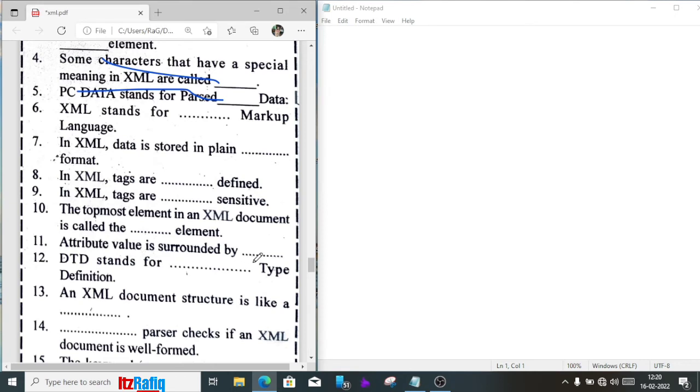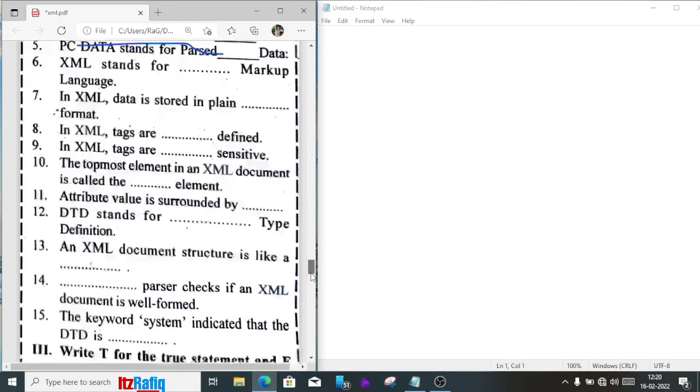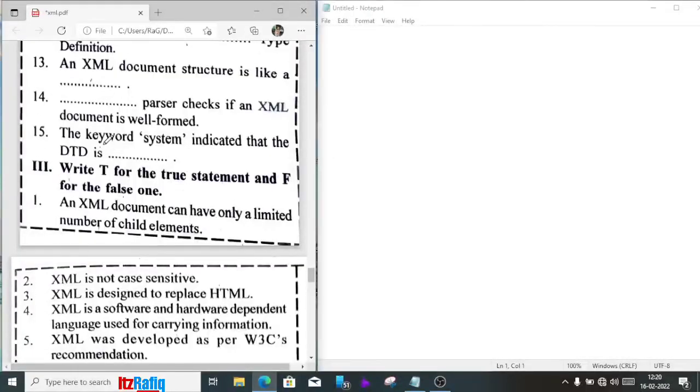DTD stands for document type definition. An XML document structure looks like a tree. Parser checks if an XML document is well formed. Validating parser. The keyword SYSTEM indicates that the DTD is external. This is from the omitted part. And for true and false,